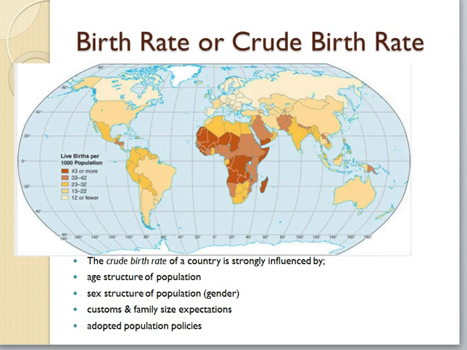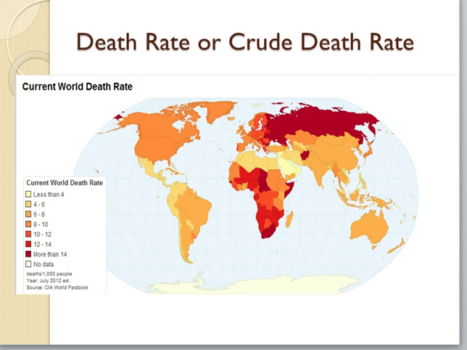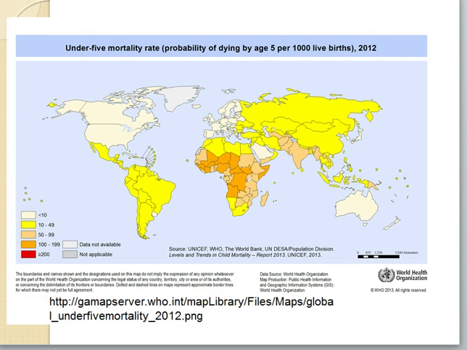So I'm going to just click back to birth rate. Lower birth rates, higher birth rates around the equator. Death rate, and this is a little bit of a switch, because you begin to see these equatorial regions, these Middle Eastern regions, as having lower death rates than some of the more developed countries. And then we can look at infant mortality rate.